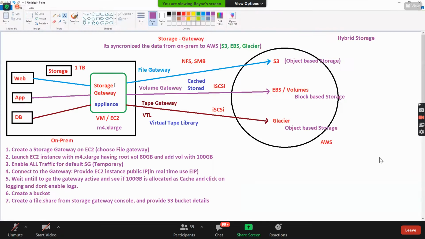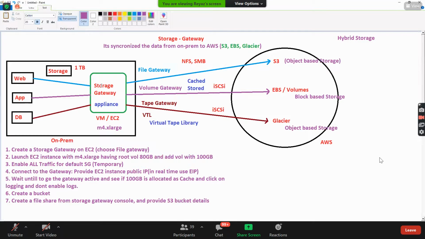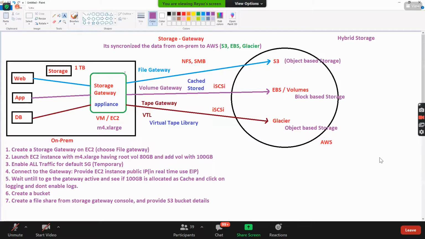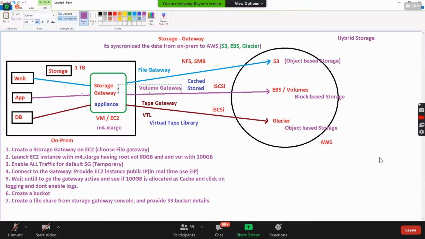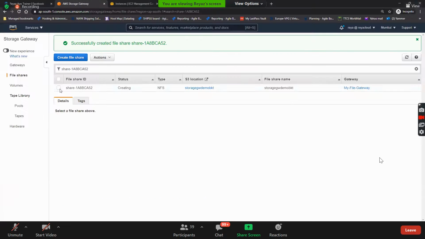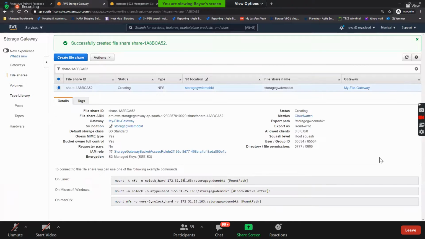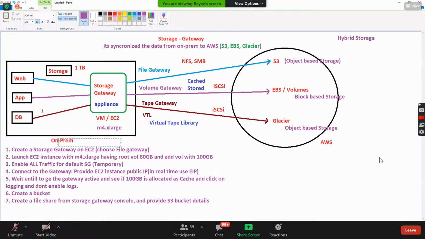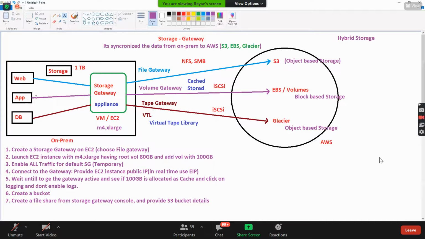Okay. Now, guys, storage gateway is set up, file gateway type is set up, S3 is set up, and then the connection also we just did using file share. And now we need to launch an EC2 instance. If you select this, you get this mount point. Now use this mount point anywhere on-premises and try to mount it. And if you put data there, automatically it should be stored in S3. For this, as we are in AWS, should I launch one EC2 instance and try to mount this mount point?